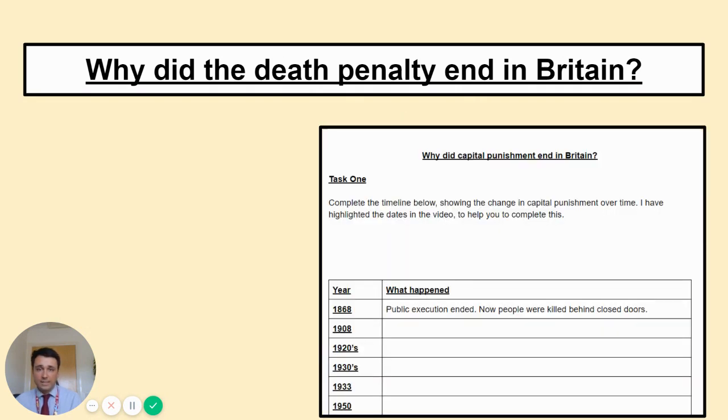Okay, so if we look at this worksheet we've got here, let's look at the first task. You can see I've put a series of dates there. As we go through the slides, you are going to see those dates in bold on the slides. All I want you to do is complete the timeline by telling me why that time period, whether it's a year or a decade, like the 1920s, was significant for the death penalty, what was happening then. I've done the first one for you, and you should be able to fill in the rest as we go along. Like I've said, they're in bold on the slide, so you can go back and add that information as we go through.